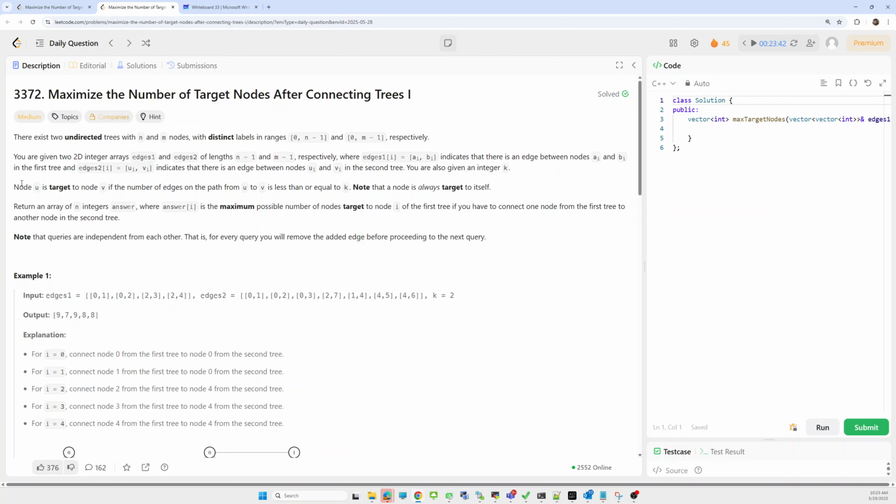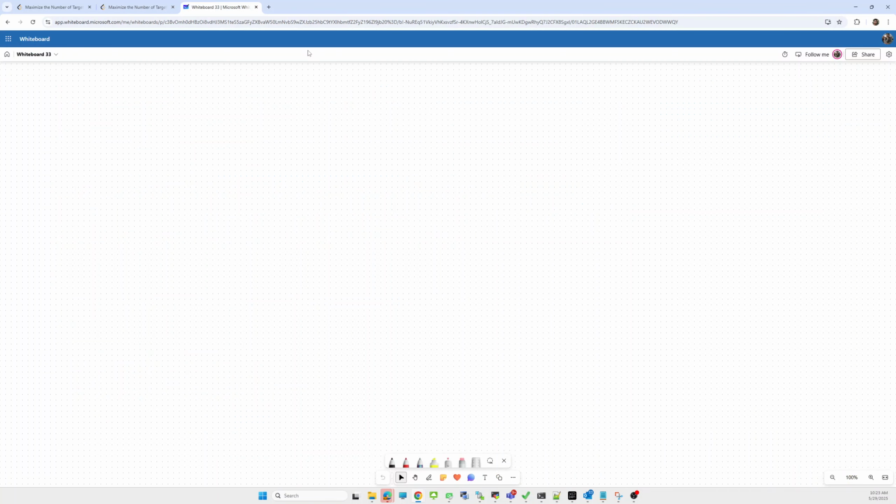So what do we have to do in this? Node u is said to be a target to node v if the number of edges on the path from u to v is less than or equal to k. Let's say there is a node 1.